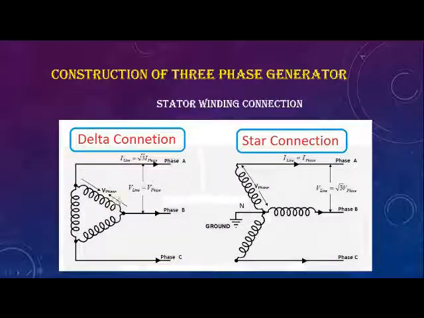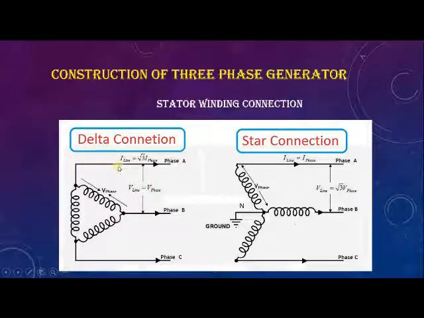Is it clear? So I repeat, in delta connection, the three windings are connected in triangular fashion, and from the corners of the triangle, we will be taking the three phase conductors, and there is no possibility for neutral. And here, line voltage is the voltage measured between any two phase conductors, and phase voltage is the voltage measured between any two terminals of the winding. Here, when you measure phase voltage across these two terminals, it will be the same as line voltage. Phase voltage equals line voltage.